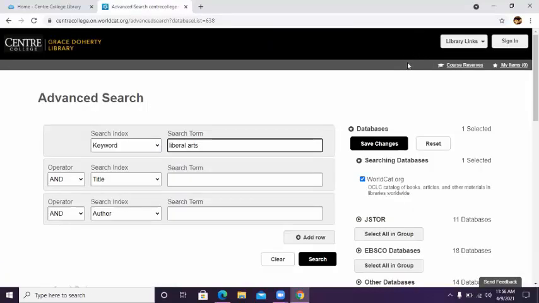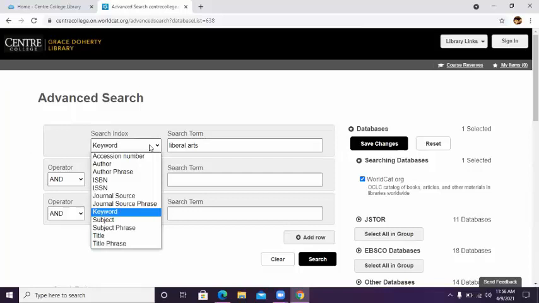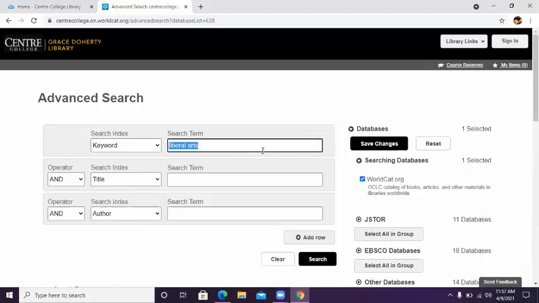When you click on the advanced search link, you will see this search box. You can use the drop downs to search by specific things like keywords or title or author. If, for example, you are searching for Remaking College, Innovation and the Liberal Arts College by Rebecca Chomp, you can change the first drop down to title